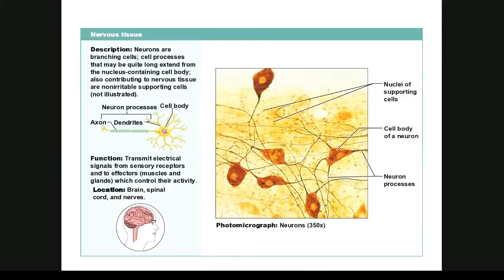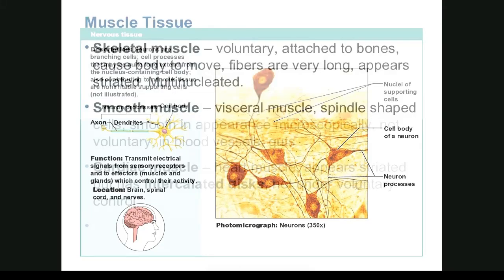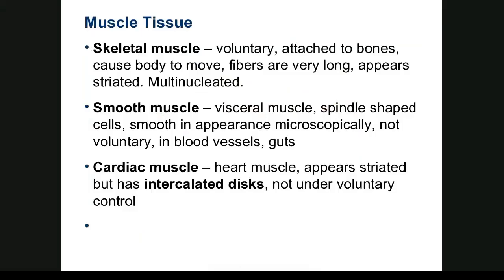This is a picture of neurons, and you can see this is the cell body here, dendrites coming in, axon, and here at the end is where your neurotransmitter is released. Okay, tissue, and we'll talk about this over and over. People say we talked about that already, but